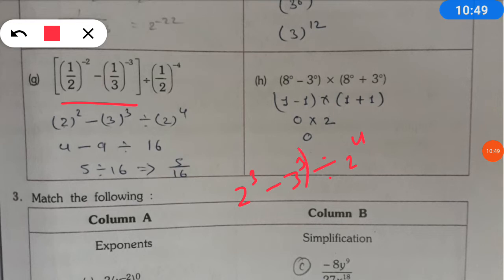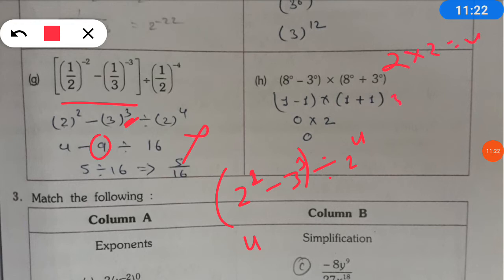this is in the form of, isn't it? So 2 to the power 2 will be divided by 2 to the power 3 minus 3 to the power 2. So can we multiply this number? 2 into 2 will become 4. 3 into 3 is 9, isn't it? It is not here, I had written 9, but one more 3 is there, so don't note down this one. Here 2 into 2 will be 4.